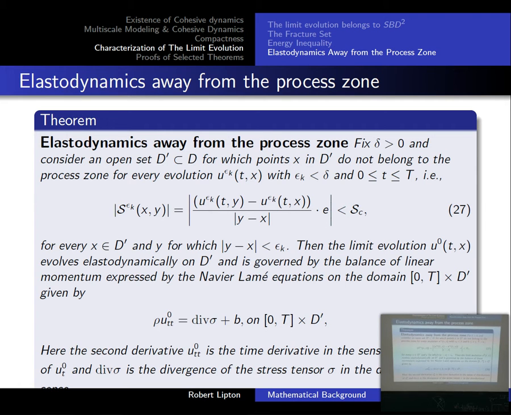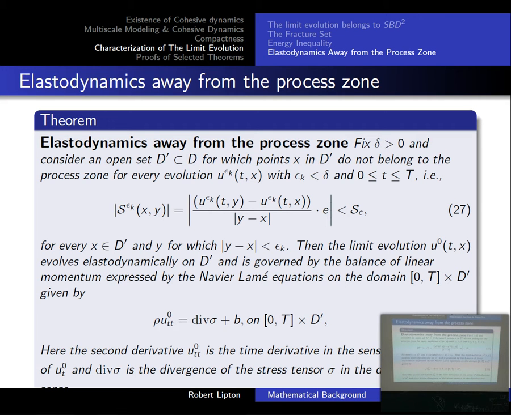Then if this is true for every x, with a little rind around it of epsilon_k, for y's for which |x minus y| is less than epsilon_k, then the limit evolution evolves elastodynamically inside the quiescent zone. So we don't have any fractures there,